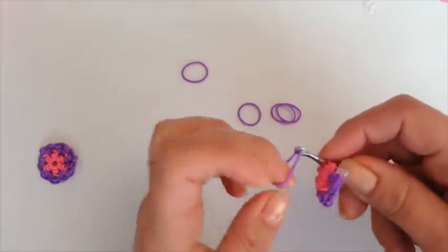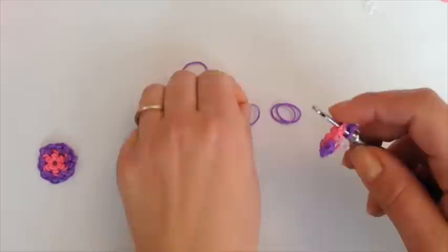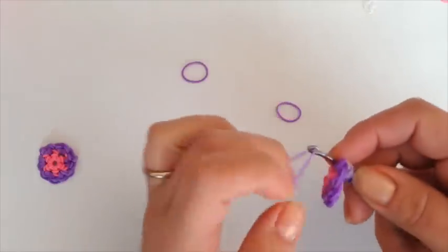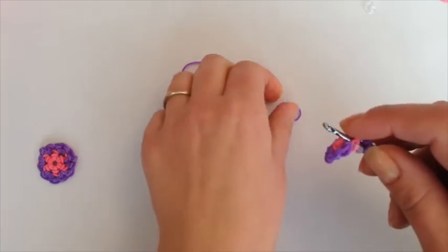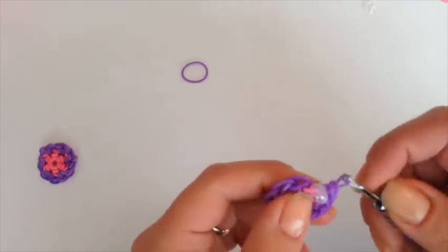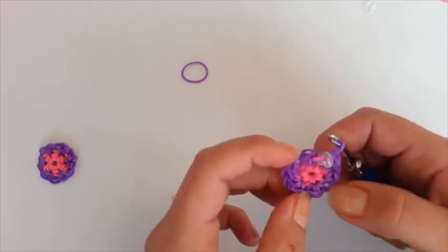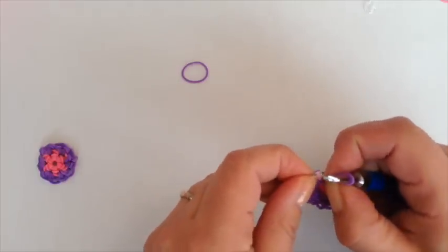And my next chain, 2 rubber bands. And where my C-clip is, adding 2 rubber bands. So right now you should have 12 stitches, 1, 2, 3, 4, 5, 6, 7, 8, 9, 10, 11, and the one on your hook is 12. Remove the C-clip,